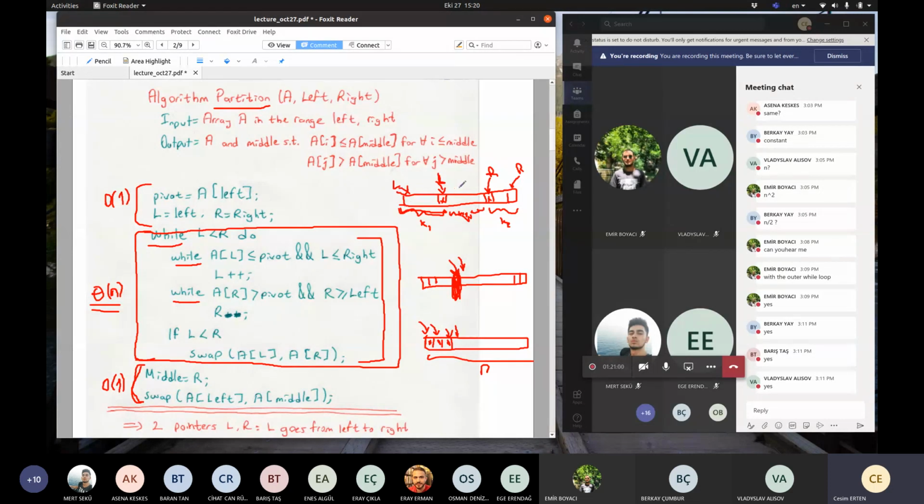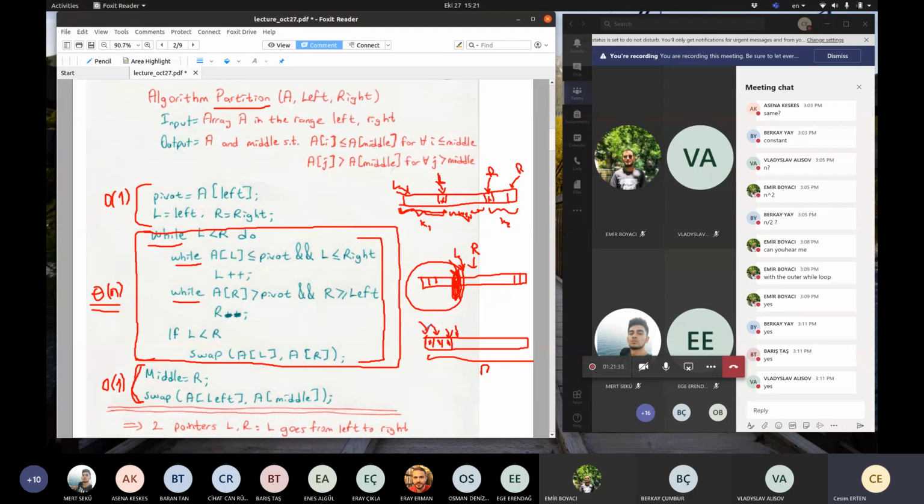So L will sweep towards right, and R will sweep towards left. This is no different from sweeping all the way from left to the right, because when these two pointers meet, we stop our operations. We don't continue to do any further sweeps. Okay? Up until the pointers L and R meet,